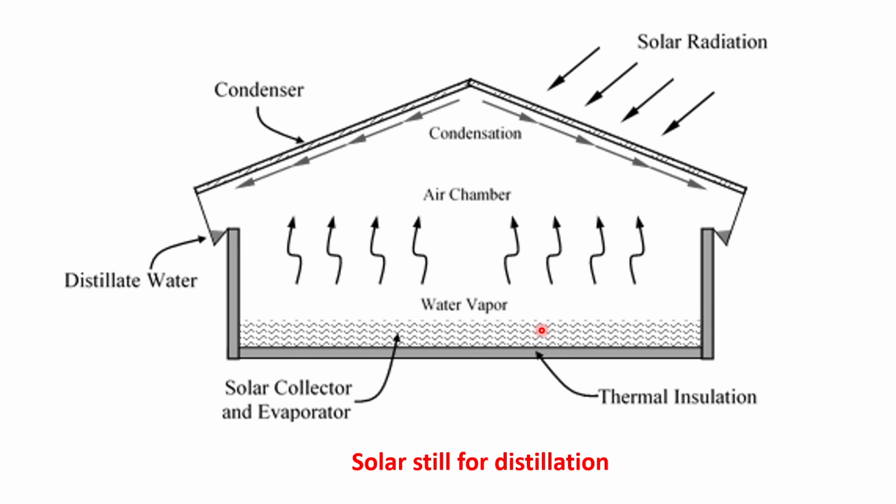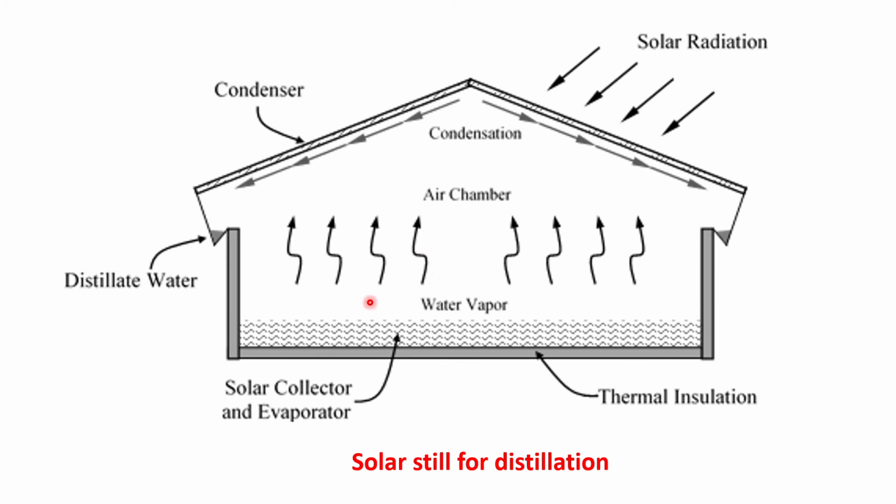Next is the solar still, or solar distillation. In solar distillation, we have a small expanse of water. The inside of this expanse is lined black in color, and it has a transparent cover. When the solar radiation falls on this glass cover, and due to the black coating on the surface, the water will heat up and start to boil.